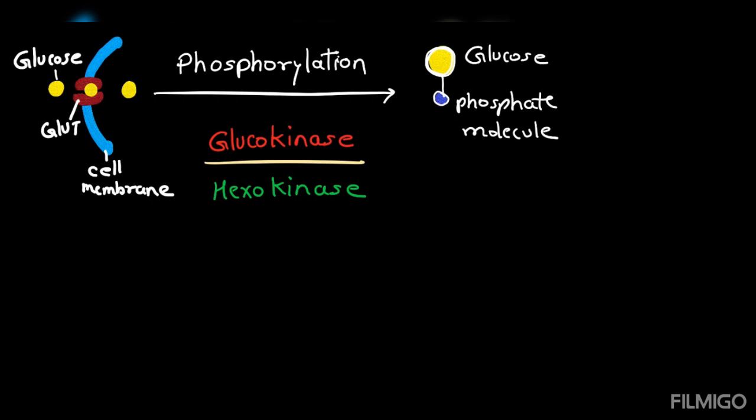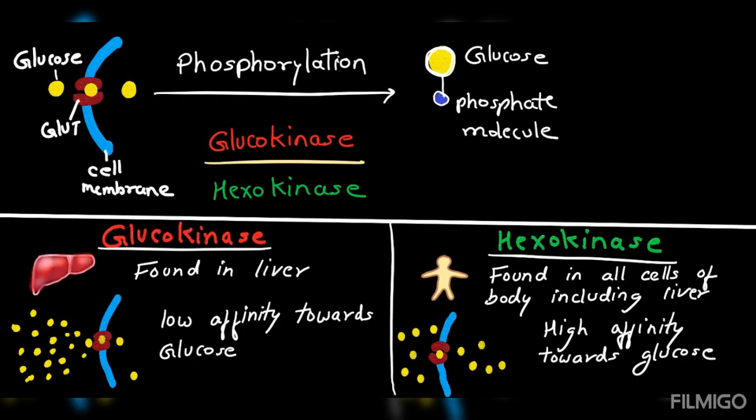So what are these two enzymes? Well, the glucokinase is the enzyme found in the liver, while hexokinase is found in all the cells of the body including liver. Glucokinase has low affinity towards the glucose. It means glucokinase comes into action when there is a high glucose concentration, while hexokinase works in lower concentration as well. And this is very helpful because glucokinase is found in the liver and